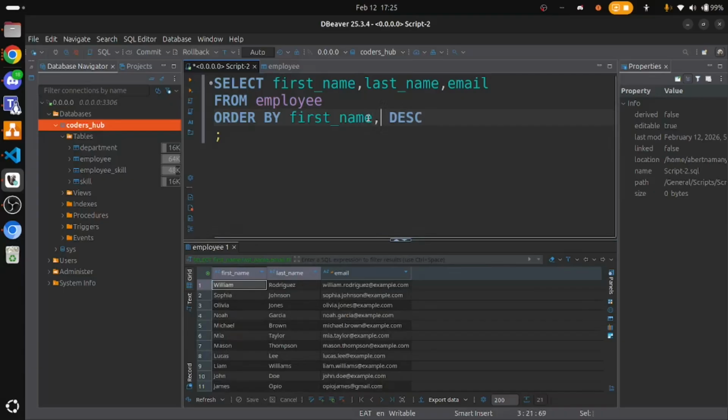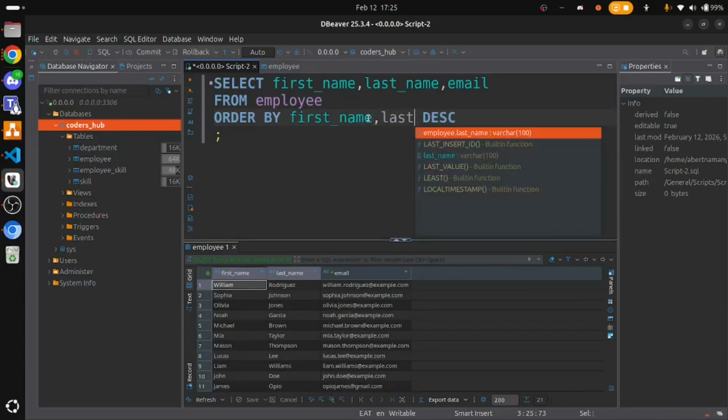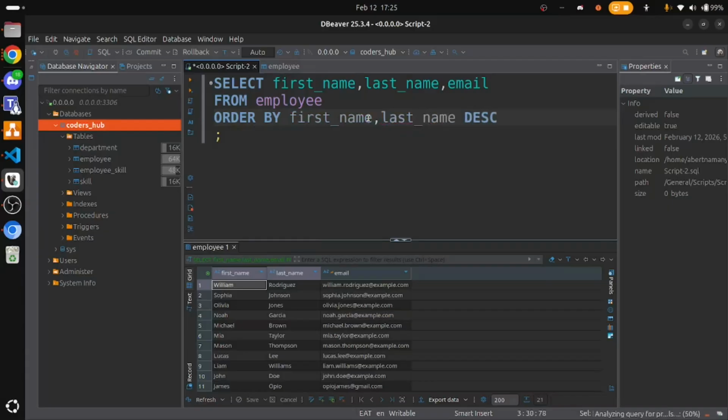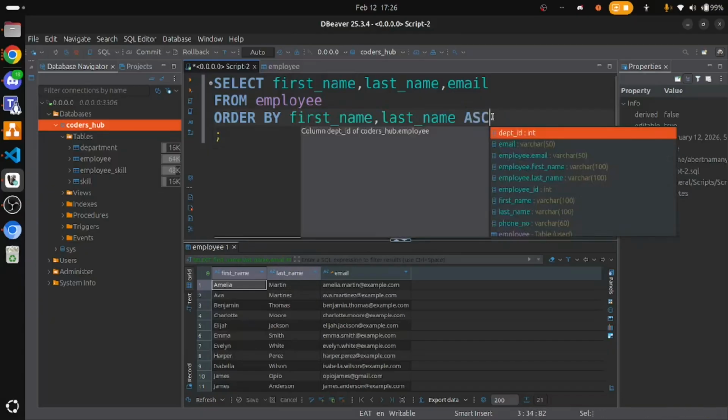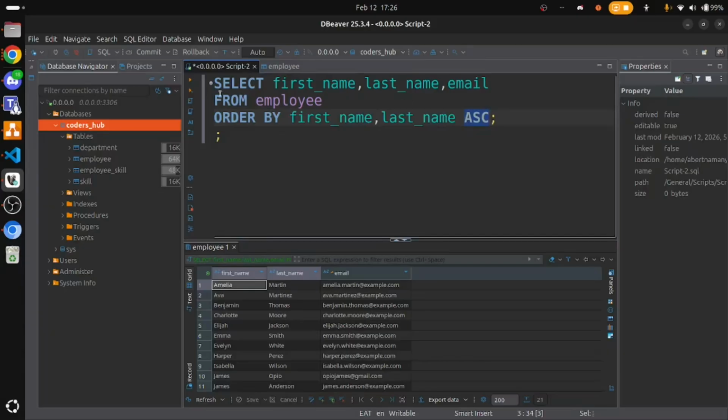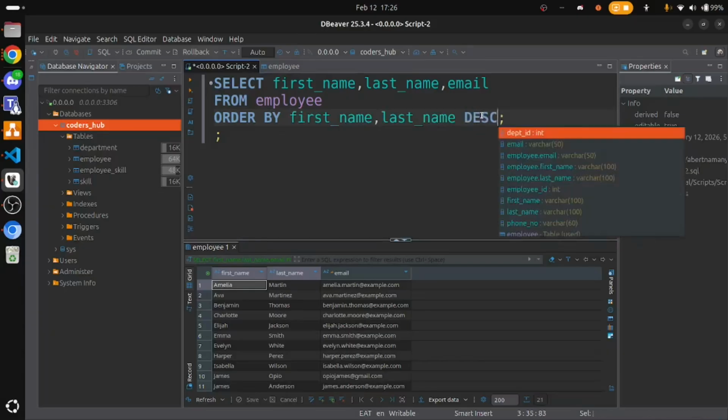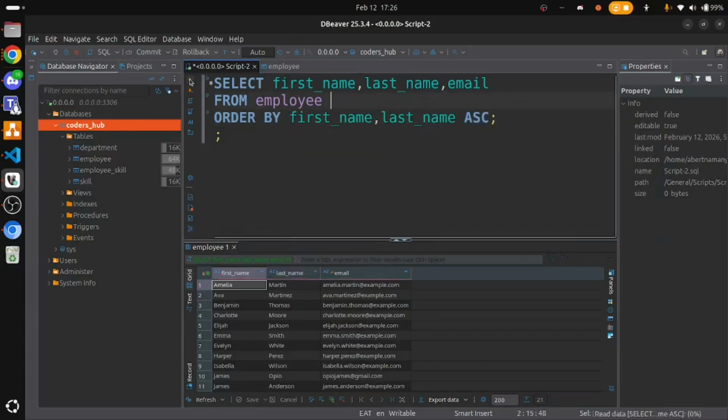You can also order using multiple columns. Say last name, and you run. So meaning you're ordering the first name by ascending, then the last name by descending. You're going to see this is the symbol for ascending order, then descending, it's this which we had. So guys, remember that, put it in mind. So if I run that,